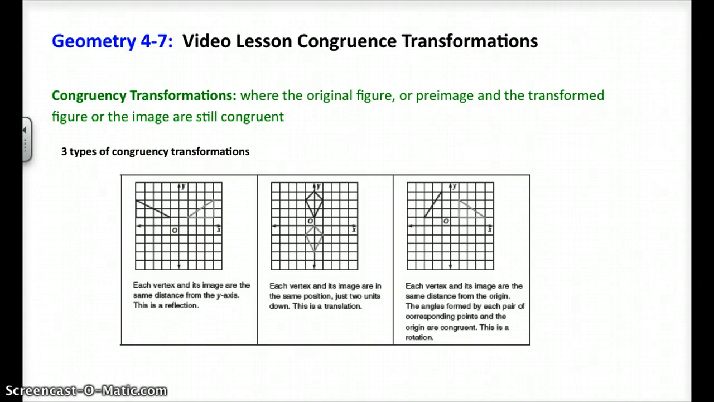Hefty here, and we're continuing in Chapter 4, which has been on triangles and triangle congruencies. And so today we're going to look at congruencies of transformations. And this is where you have an original figure, and then you have another figure or a pre-image that has been transformed, and it's still congruent. And so our transformations,